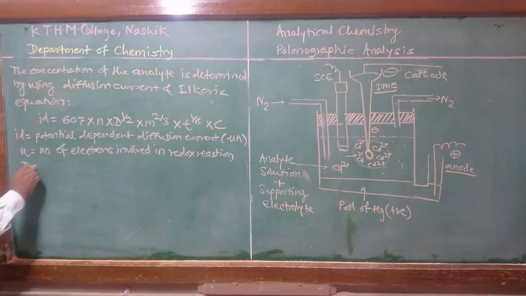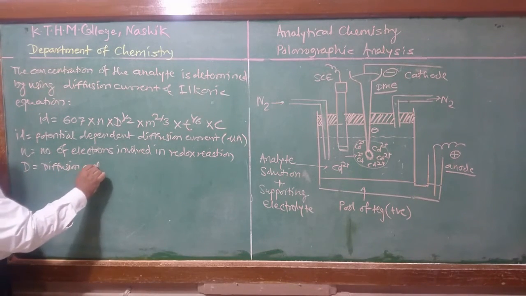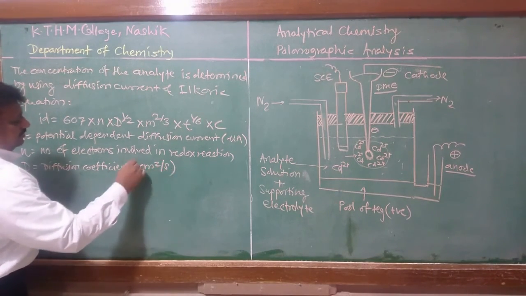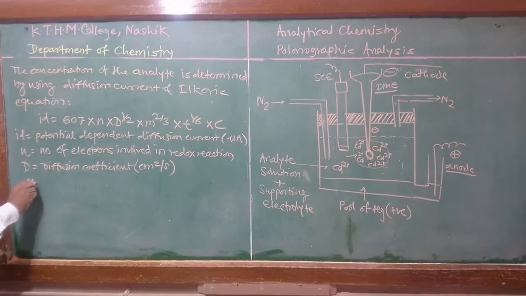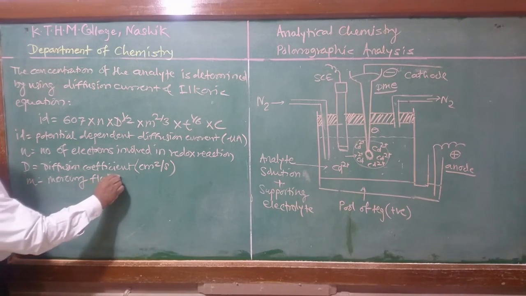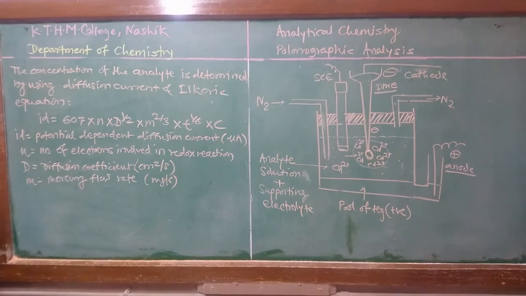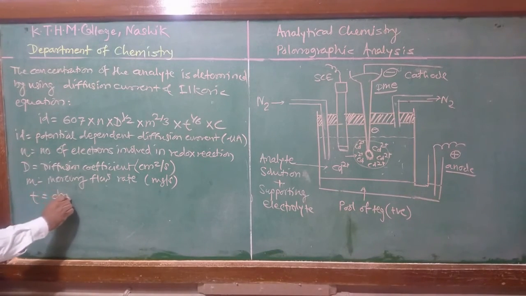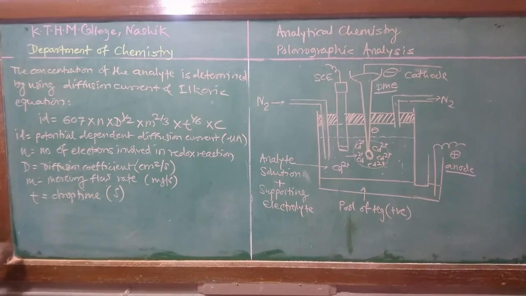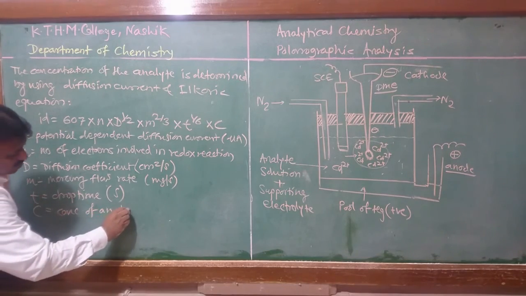Then here D is the diffusion coefficient of the analyte, and it is measured in square centimeter per second. m is the mercury flow rate, and it is measured in milligram per second. t is the drop time, and we know that it is measured in second. C is the concentration of the analyte in millimole,